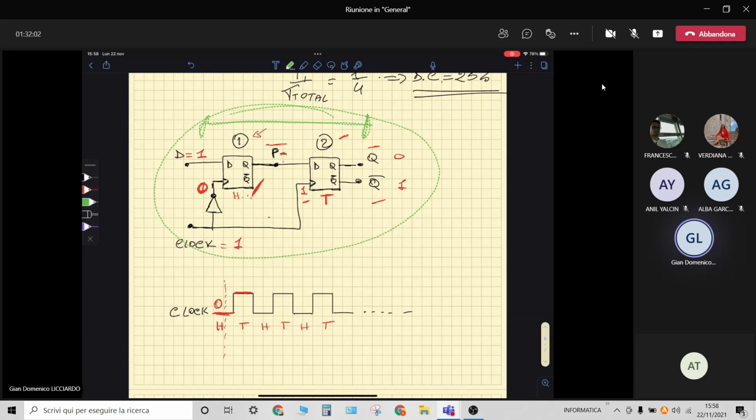At this point, when I could change Q and not Q, there is just one instant of time when it is possible, and in particular